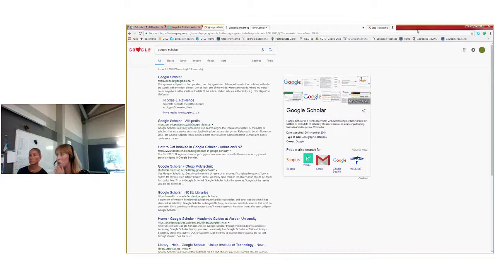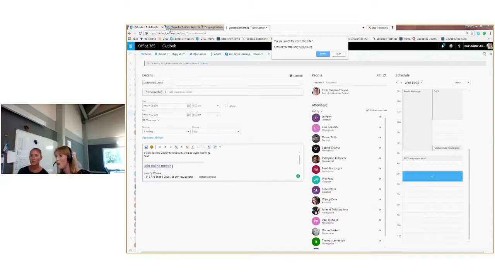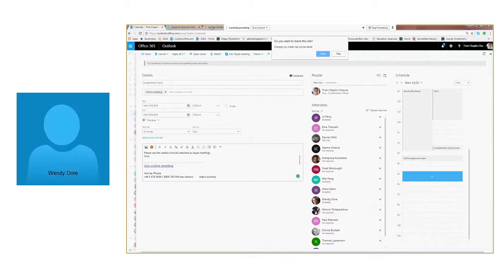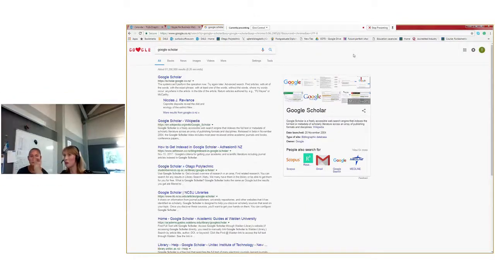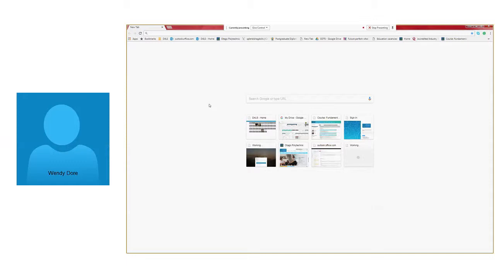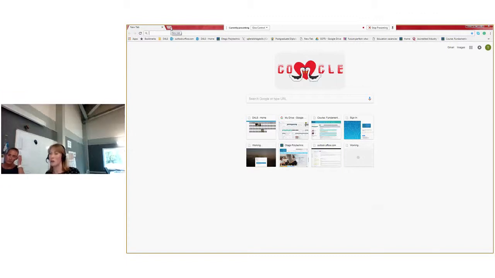If you right click on one of the tabs and just duplicate it, then you'll open up a new tab. It's just that we've got a bar saying currently presenting, covering the tabs. Yeah, there you go. We can just have two on there. Perfect. Awesome.